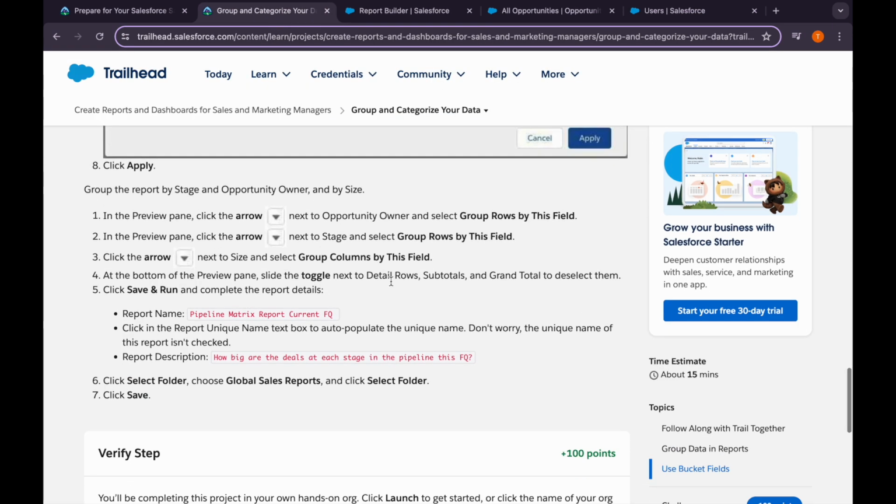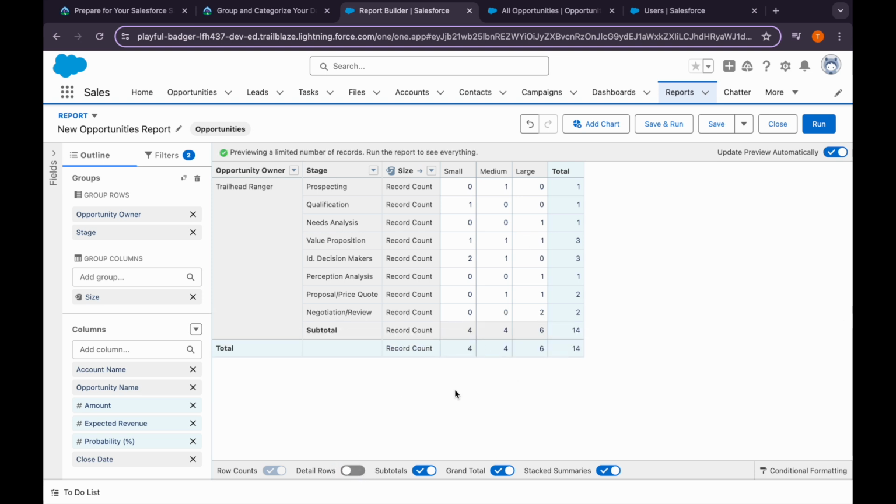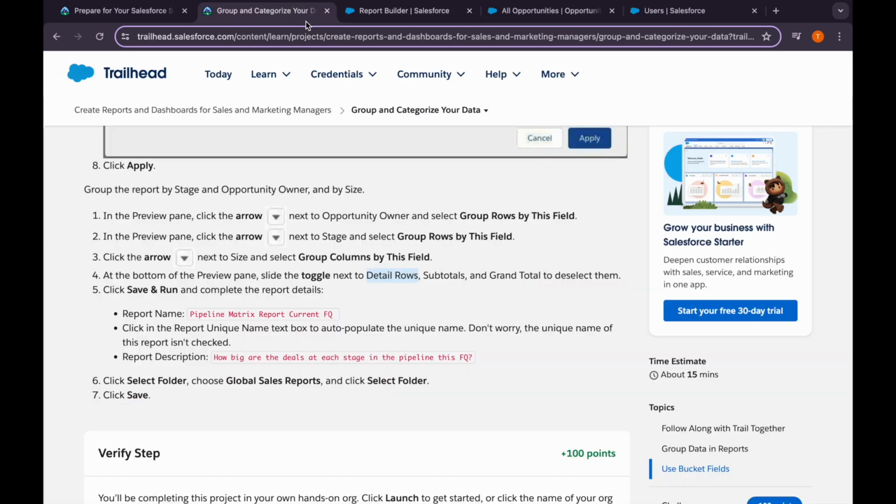So at the bottom of the preview we need to disable the detail rows, subtotals, and grand total. So detail rows, this will be disabled. Then subtotal and grand total, this will be disabled. For grand total, you can see the blue rows and columns will be disabled, and then subtotal, this is disabled. And we will save this